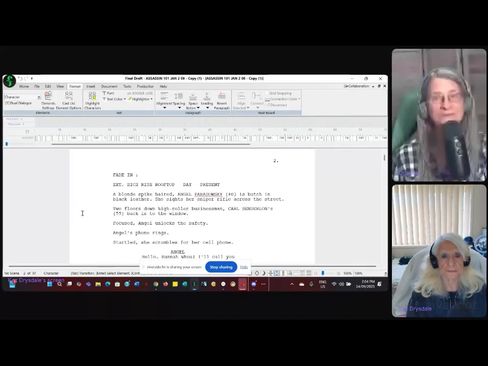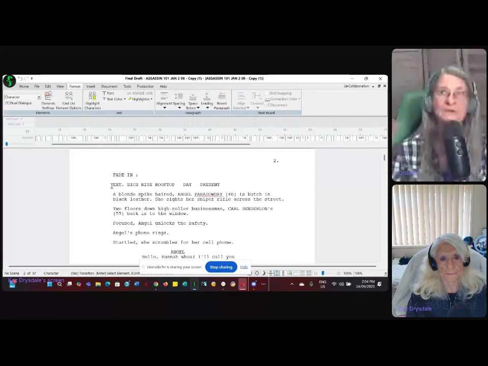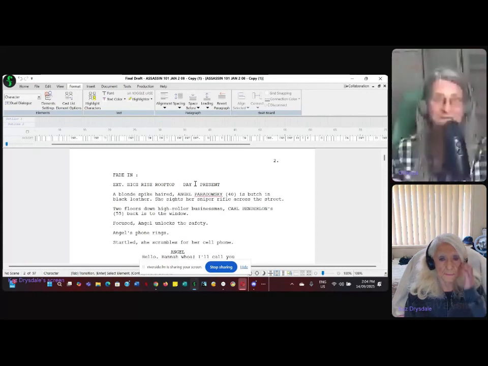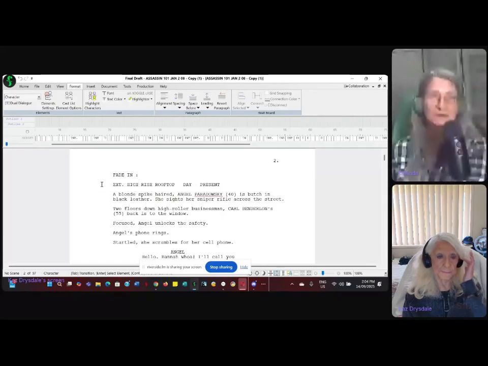It would have to be interior of an office building, but you use one or the other. Now, some people use interior/exterior. That is, you're inside, but the camera follows you right out from an interior to an exterior, or from an exterior to an interior.